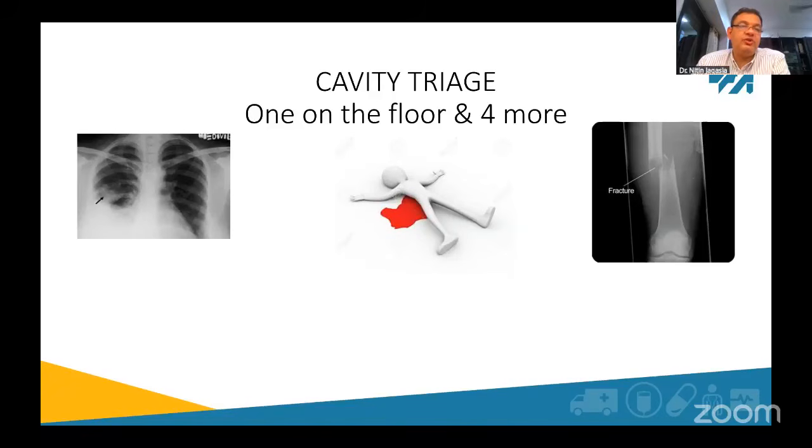immediately put traction on that. Traction doesn't mean you get the Thomas splint, you get the skin traction, and start doing all that. Obviously, if you've got it bedside, great. But what it means is just pull the leg straight. God is very kind to the orthopedic surgeons, so we have one of each. So if you've broken your left femur, you just pull it to the length of the right femur. You don't need to know how much to pull. As long as the medial malleolus of both feet match, you've done enough traction.